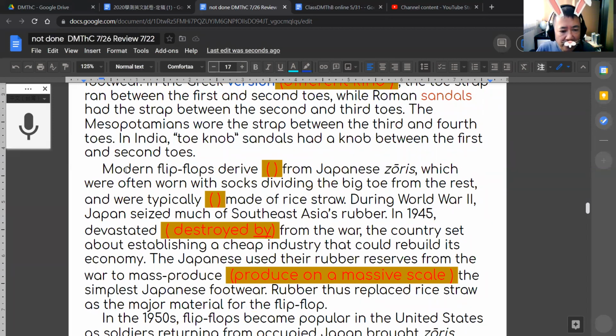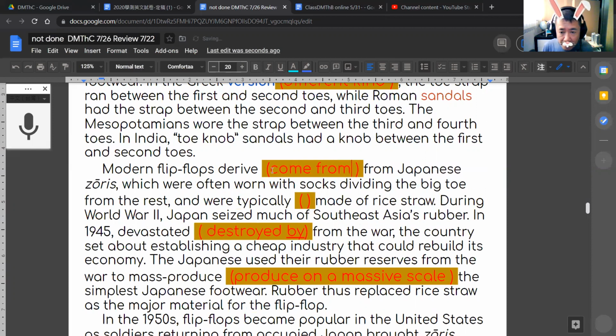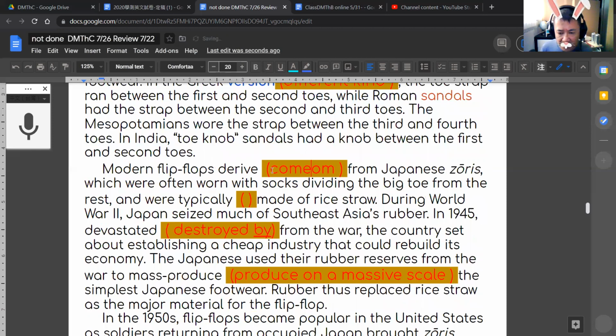Yeah, okay. Modern flip-flops come from Japan, okay? Derive means come from. Derive from or come from, I just say come, okay? Modern flip-flops